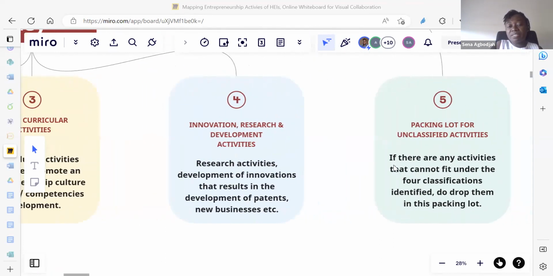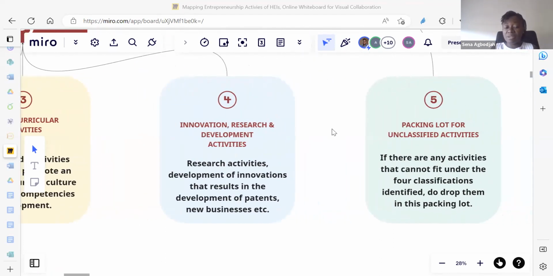And then there's the part on innovation, research, and development. So basically, what research you are engaged in that results in outputs that can be commercialized. So for institutions that have research in the area of, say, herbal medicine, and you research on a particular product and you arrive at it and it actually has a potential of solving a problem, you put it out there.